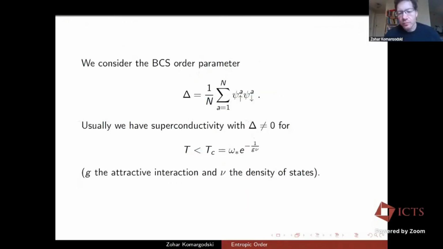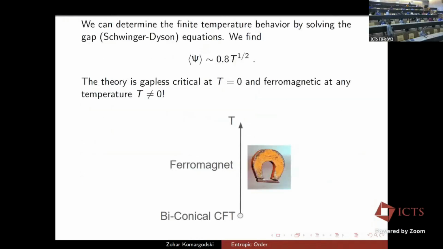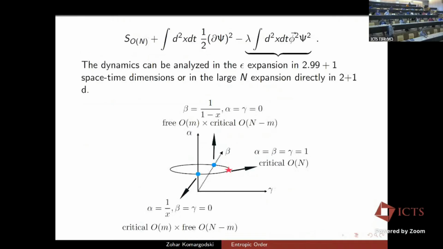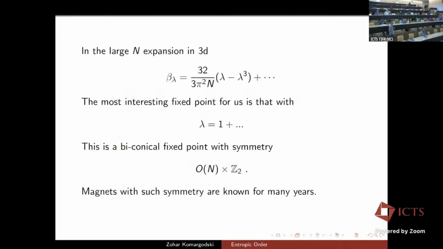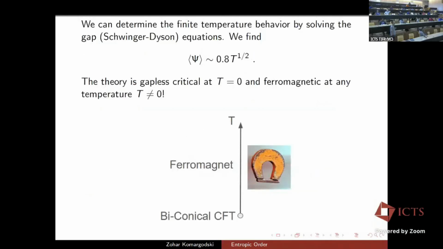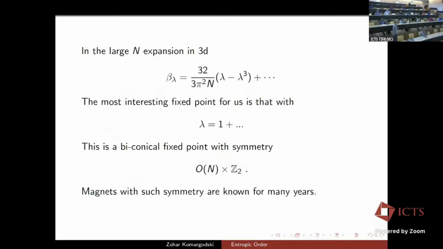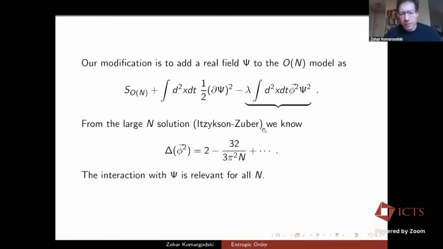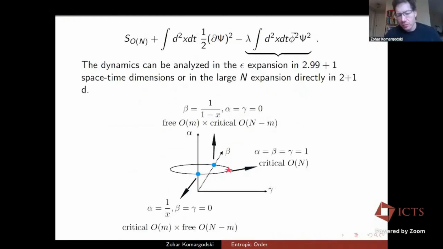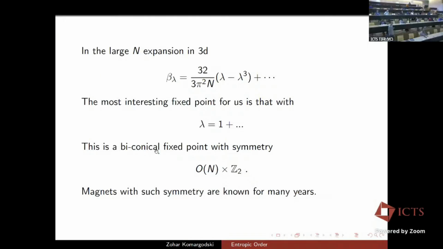Next question. The QFT model that you described was ON, and then you coupled it with a secondary order parameter, right? Yes. This type of model has been studied in solid state, since Landau in the Russian school of solid state. Are you sure that there are not materials that show this behavior? Have you checked? Well, I think there is. I think that this particular construction here, which is Landau-Ginzburg, as you said, realizes what is in condensed matter called the biconical magnet. So this type of materials with high temperature order should exist, right?